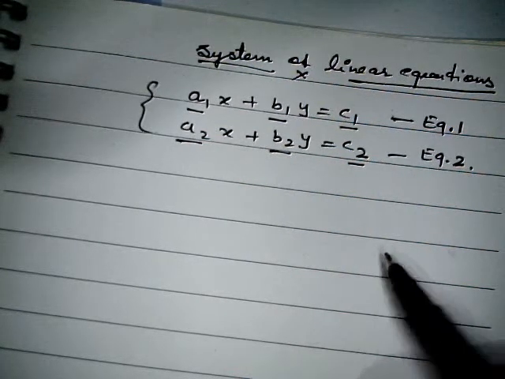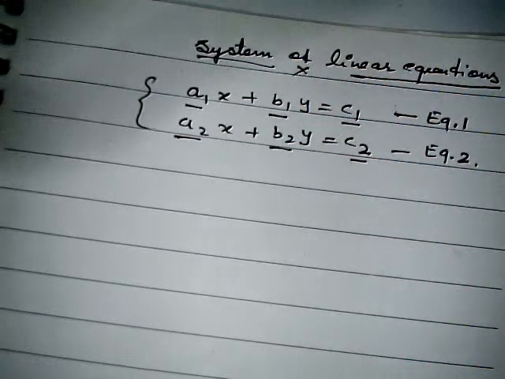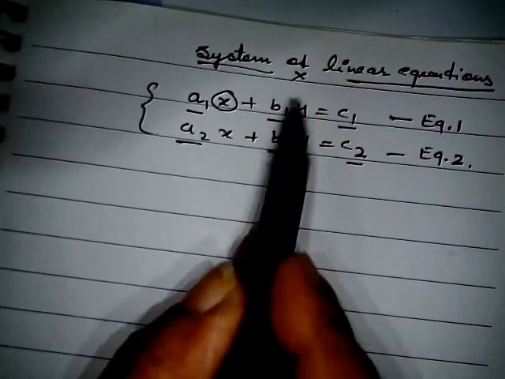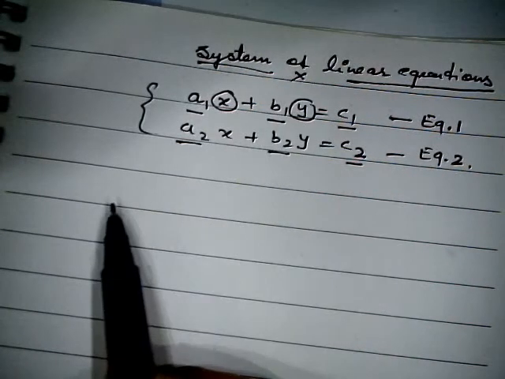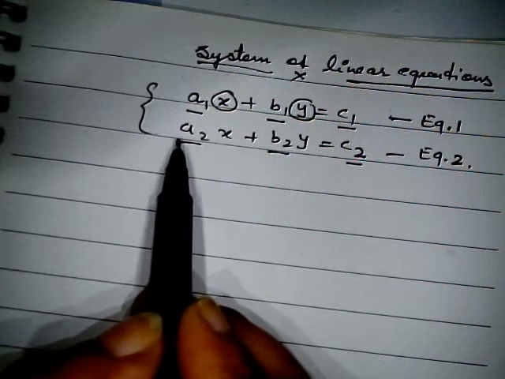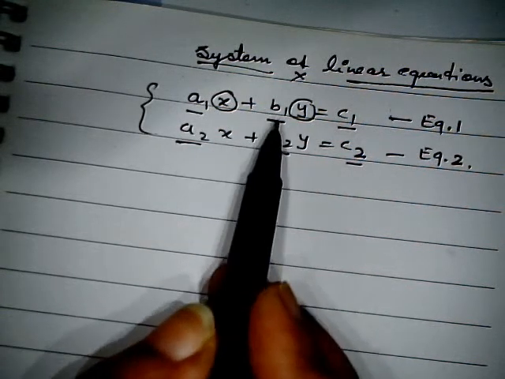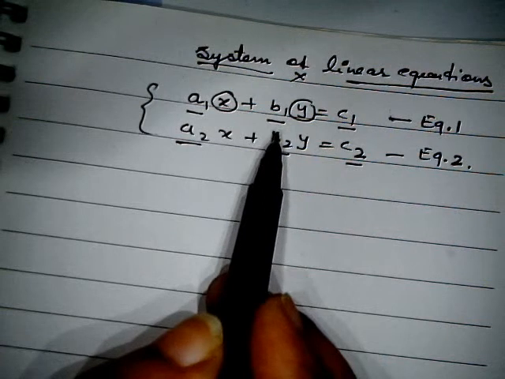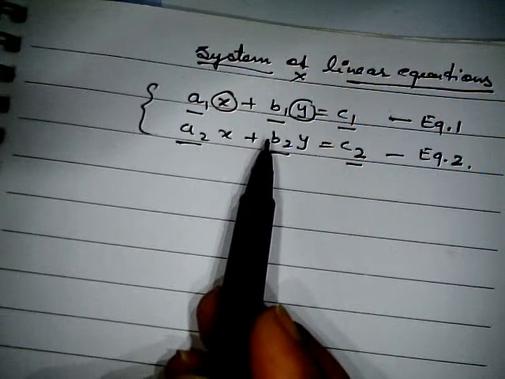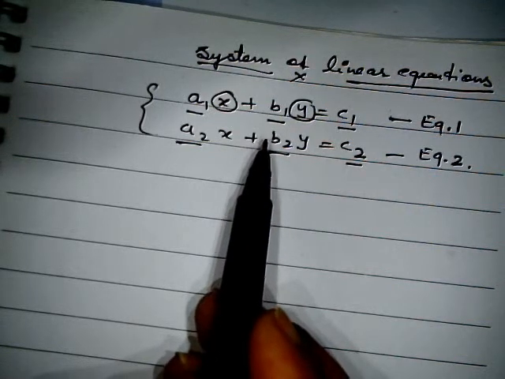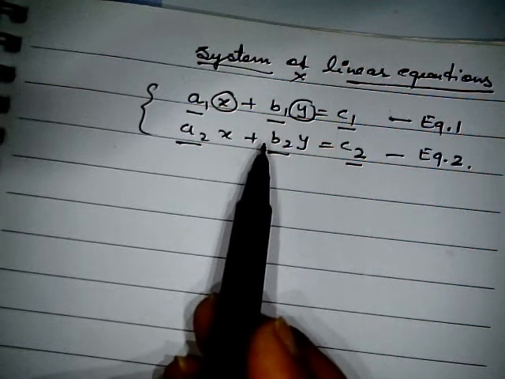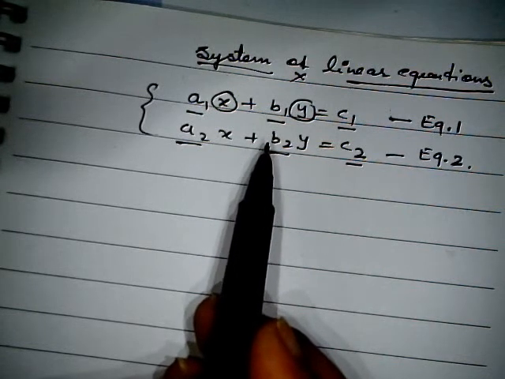If you are solving the equations in two variables, like over here two variables are involved, that is x and y, we need two equations to solve it out to get the value of x and y. If three variables are involved, then we need at least three equations, three relations between x, y and the third variable, say z, to solve it out to get the value of x, y and z.